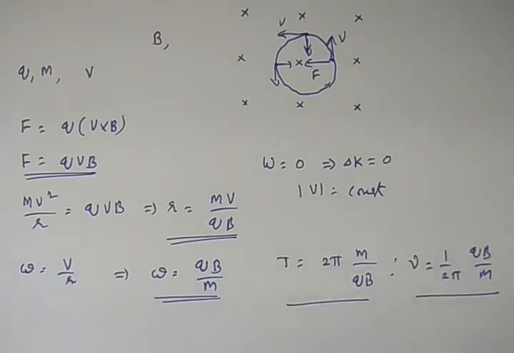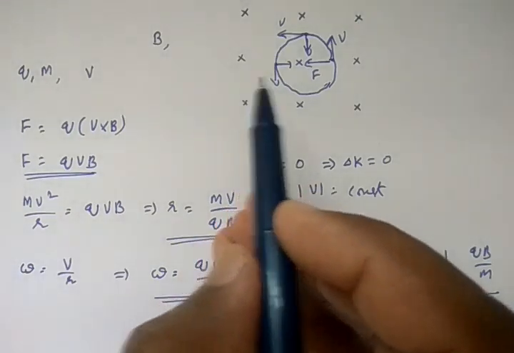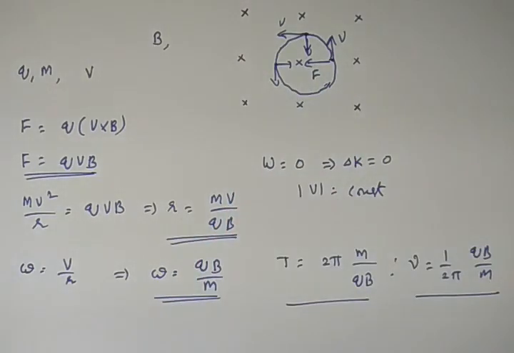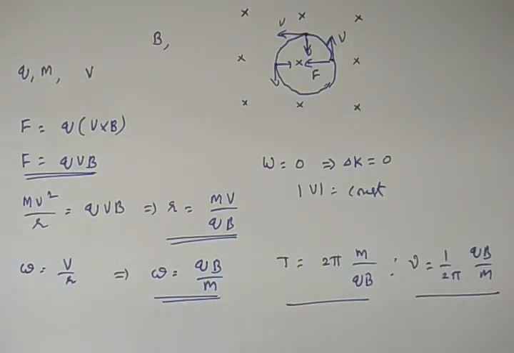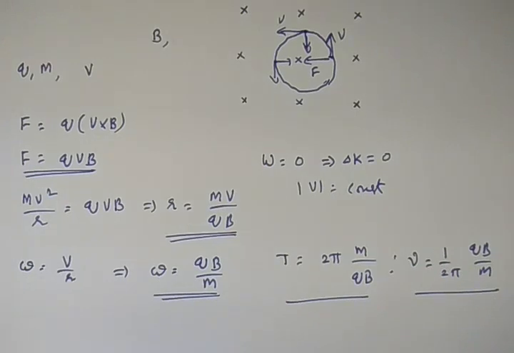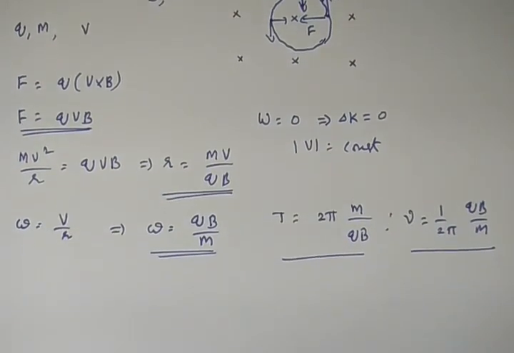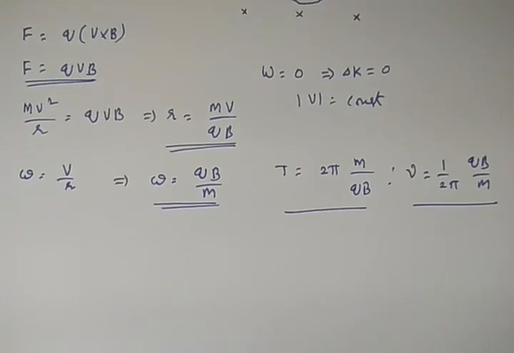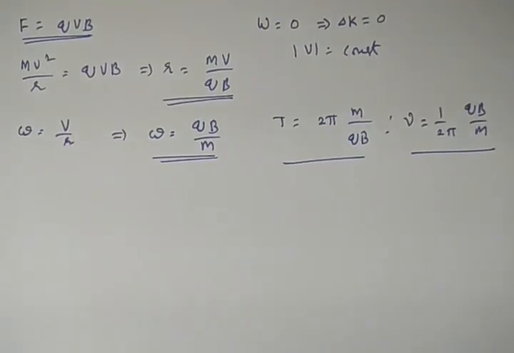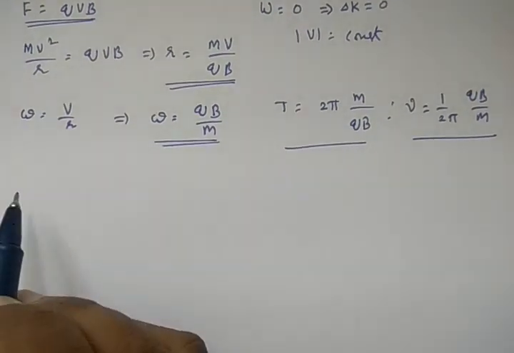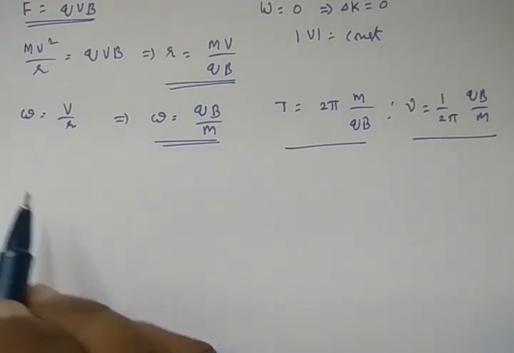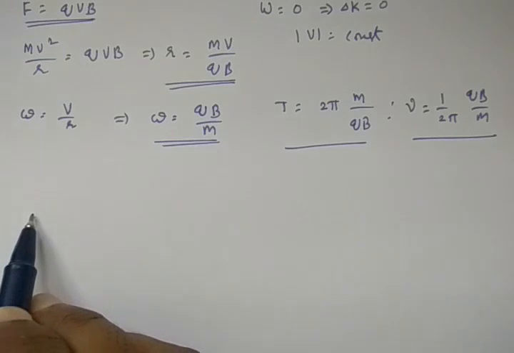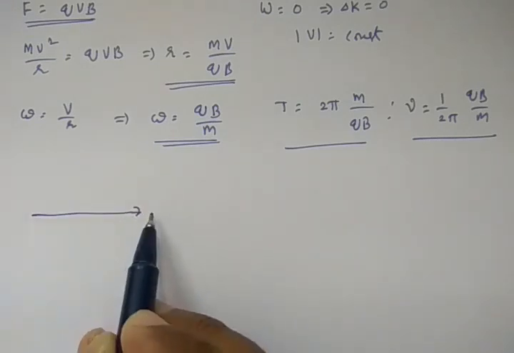Let us look at, in this problem, the velocity and the magnetic field both are at 90 degrees; the angle between velocity and magnetic field is 90 degrees. If velocity makes an angle, let's say theta, with the magnetic field, then what will happen? Let us see here. For this, I am taking a charged particle, the same charged particle. The charge of the particle is q and the mass of the particle is m. And here let us take the magnetic field acting in this way.